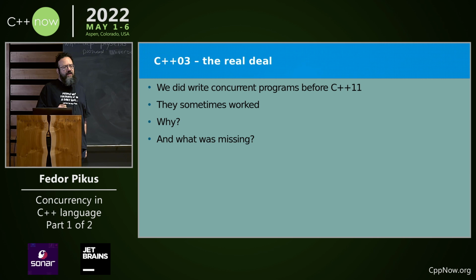In order to understand the importance of what they did in C++11, because it's more important than they added, gave us a couple headers. It's a lot more than that. A couple headers are really not that big of a deal. In order to answer that question, we have to understand what we didn't have, what was really missing